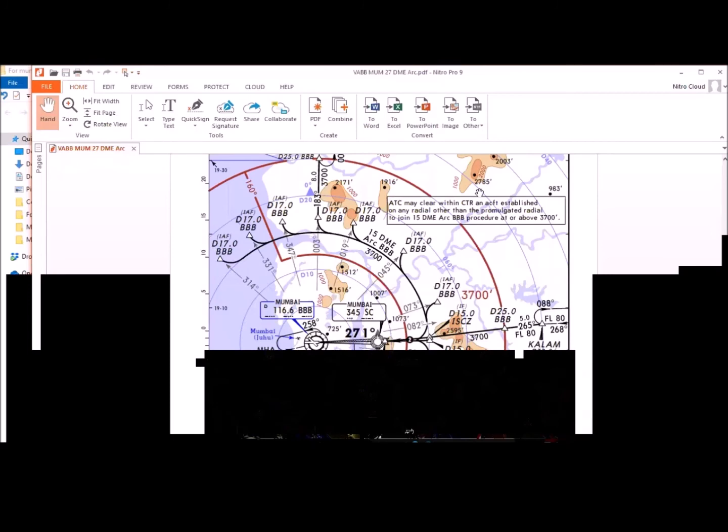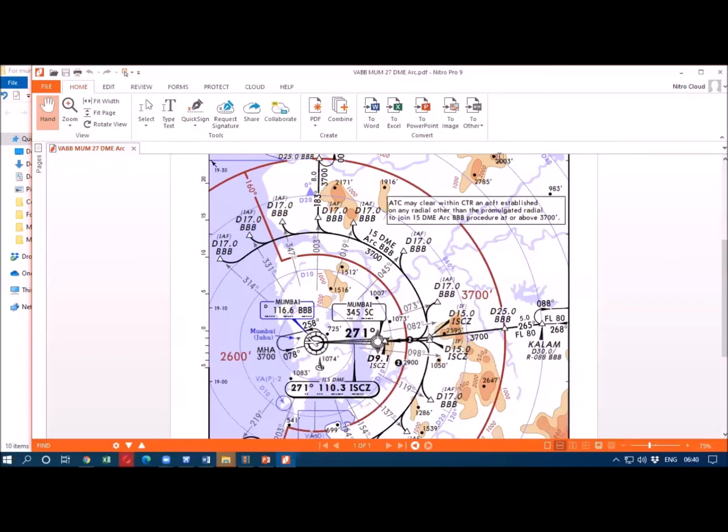What we see here is called a DME arc. Now the plane coming from Delhi, let us say on 045 radial, will be at this point, called the initial approach fix. It will be taking this arc, called a DME arc. It is a 15 DME arc. That is, from this VOR, if you draw a circle, this is 15 nautical miles. So the plane comes on this and then intercepts